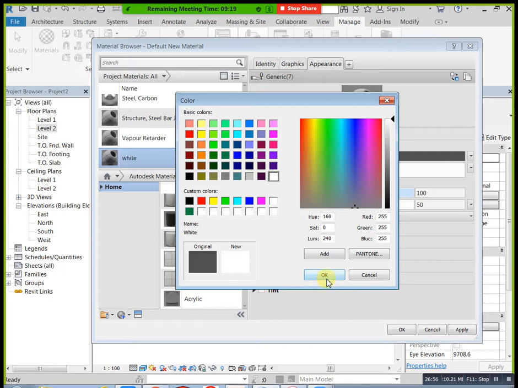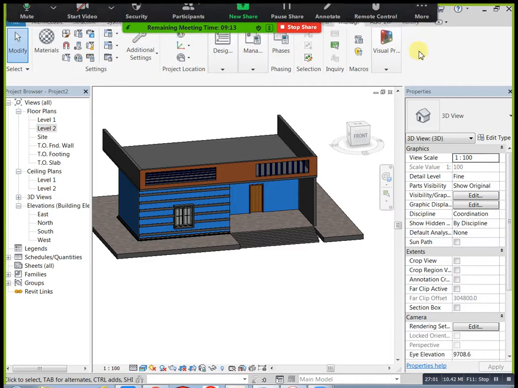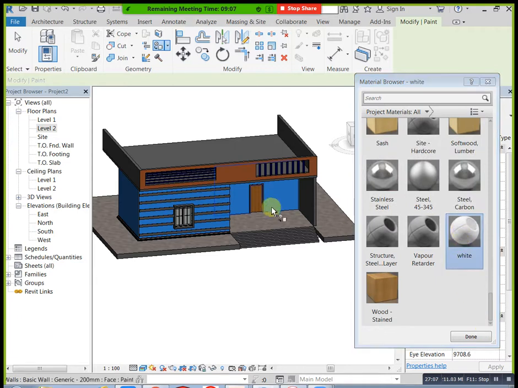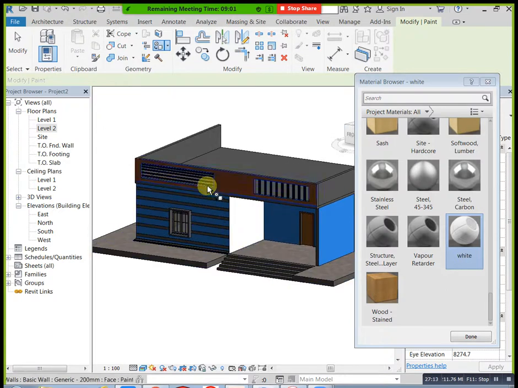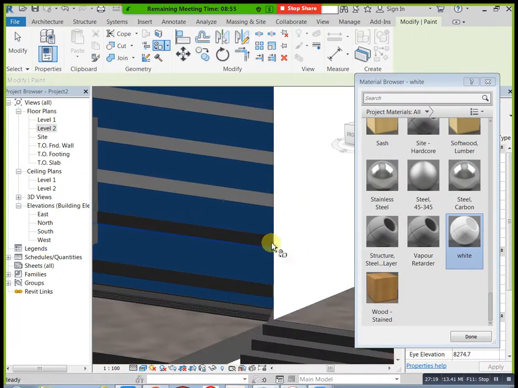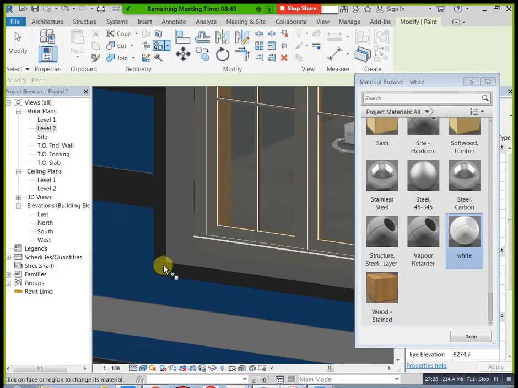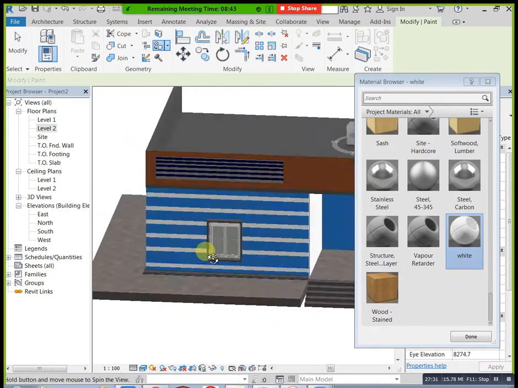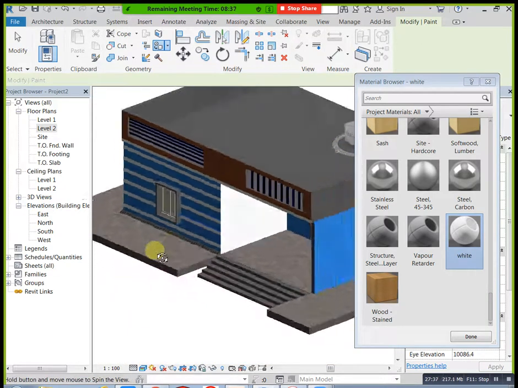Okay, next here also you can apply. Next this side. Okay, this is family created, now we need to apply in family, not in project. See now. Okay, these two we created in families. If you need color for this, edit in family, you can apply your color for this. Just you can select, go here, for example, create new material, you can apply any color for this.